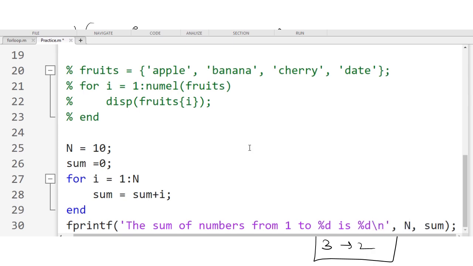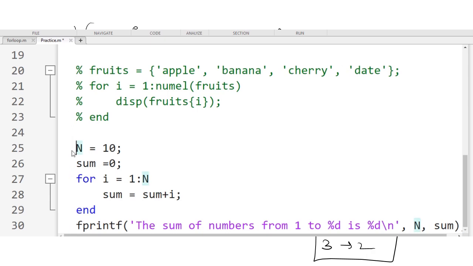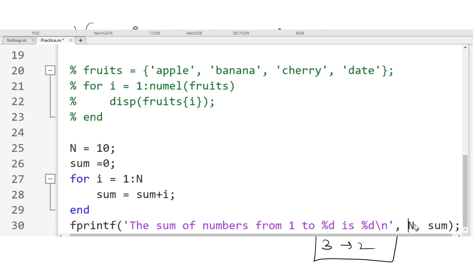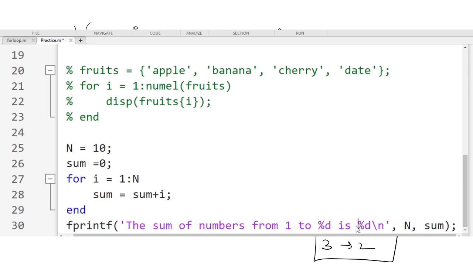Sir, here we are using a variable n, right? And one more variable, sum, we are using. So if you want to show a variable here, we simply put %d. Instead of the first %d, you name it as capital N. Instead of the second %d, you name it as sum. Okay. So you will get the sum of numbers from 1 to 10